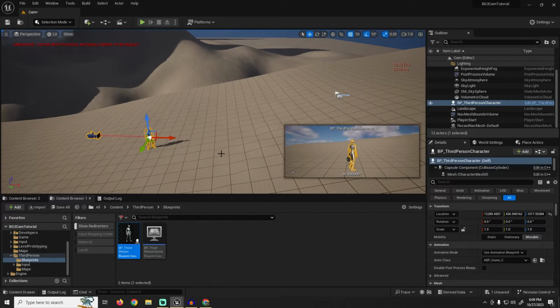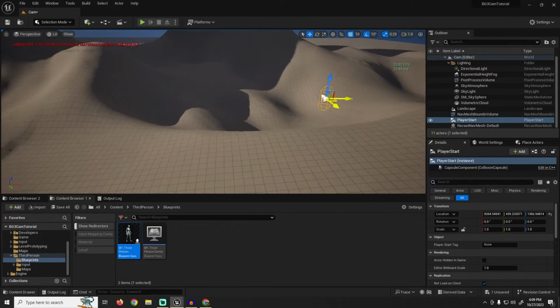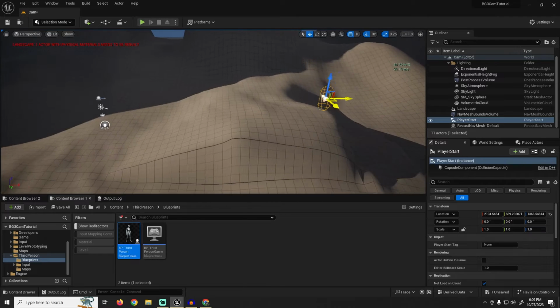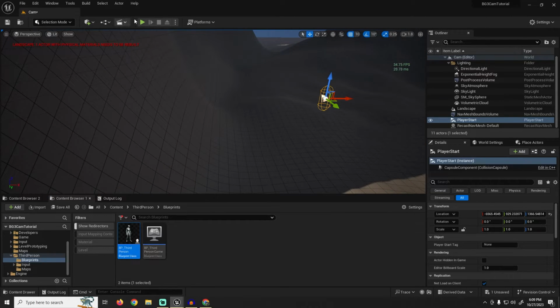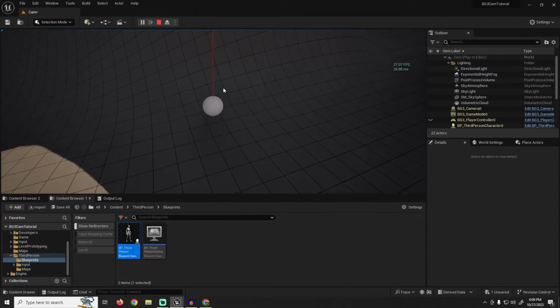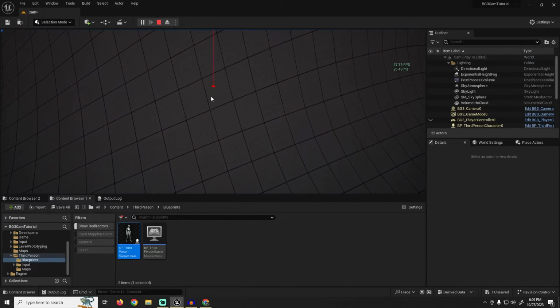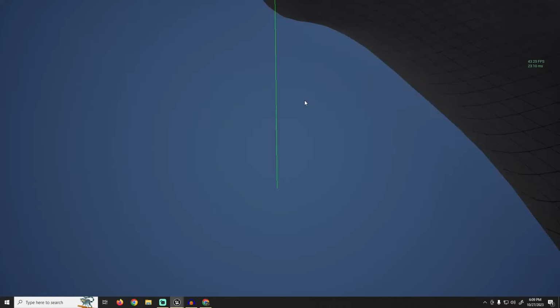move the player start point. I'll actually delete that character so we don't get confused. And move the start all the way over. Keep going. And we'll start about there. You'll notice as I fly up this mountain, that hit marker is going up. But then if we get too far in,